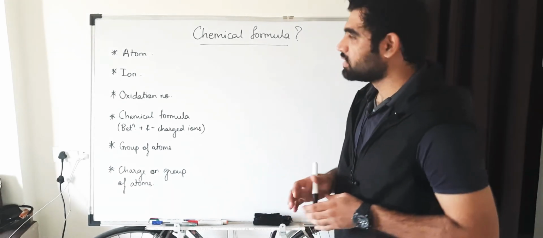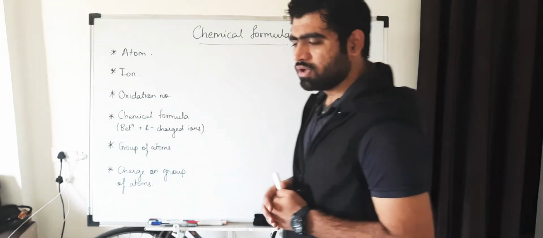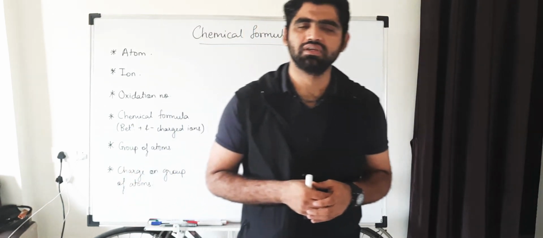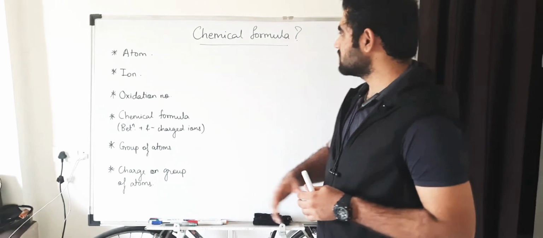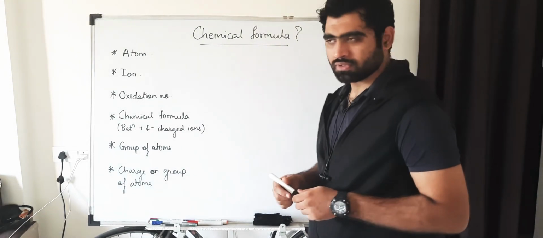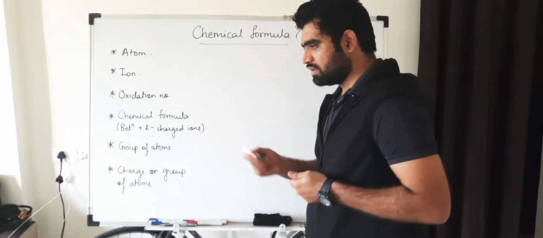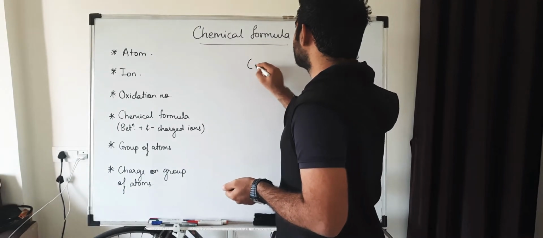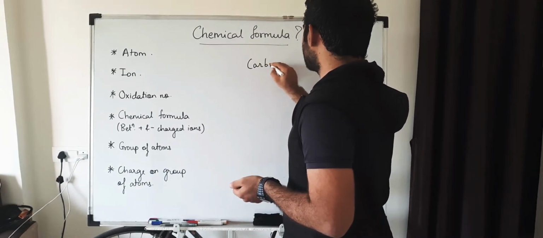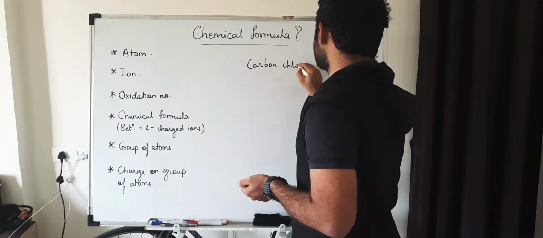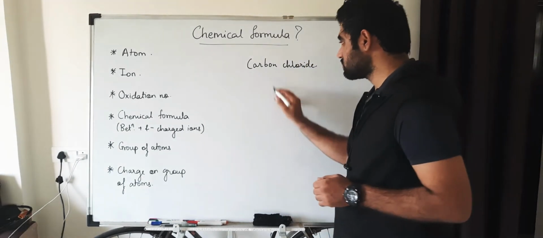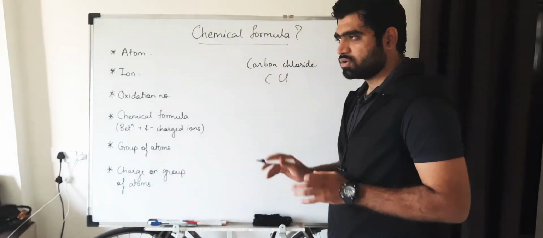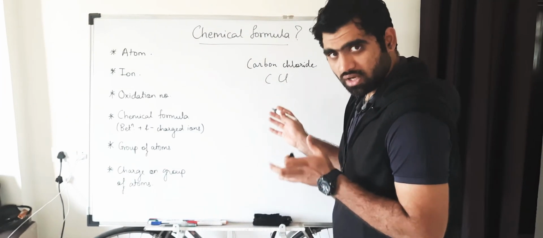Okay, thank you. Right, coming back to the topic, when I teach, I have seen that maximum students make a mistake in chemical formula. Like for example, if I write a compound named carbon chloride. Now see, carbon chloride is not an official name, but when I write carbon chloride, students write CCl. They don't pay attention, is the molecule correct or not.